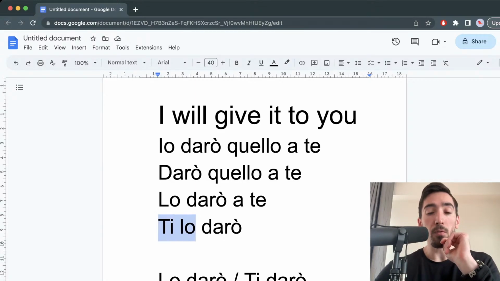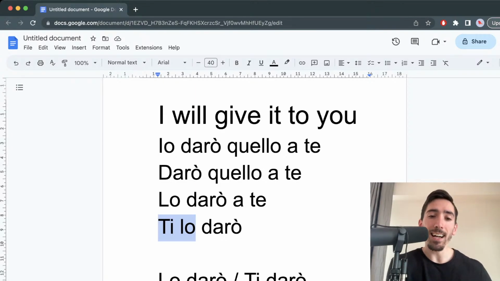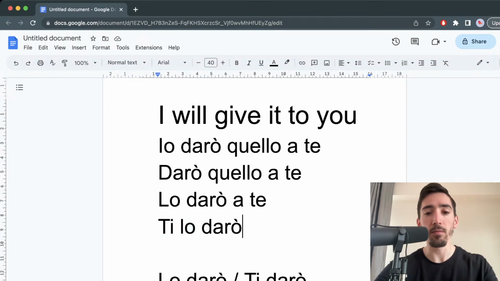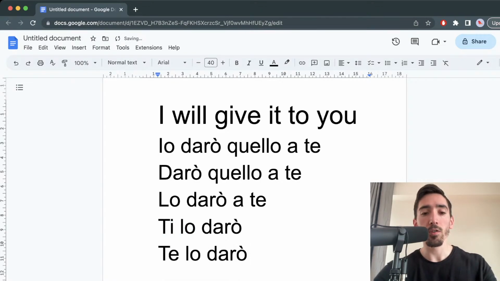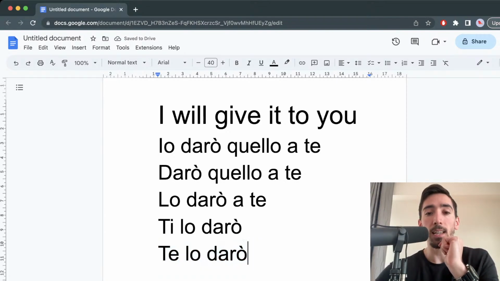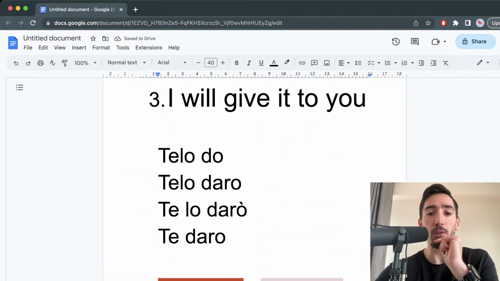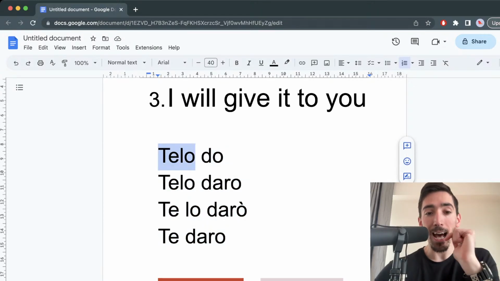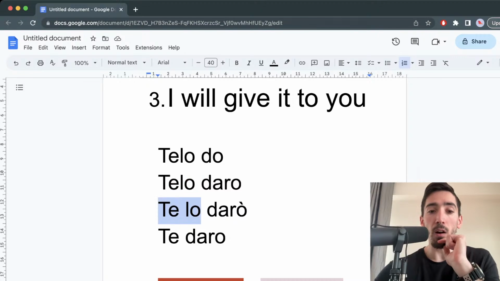So when you have a pronoun cluster, the pronoun clusters, I'm afraid, take a slightly different form than just the weak forms by themselves. And they become te lo darò. So indeed, it is te lo darò, as someone pointed out earlier. And everybody was very quick at getting to these formulae.